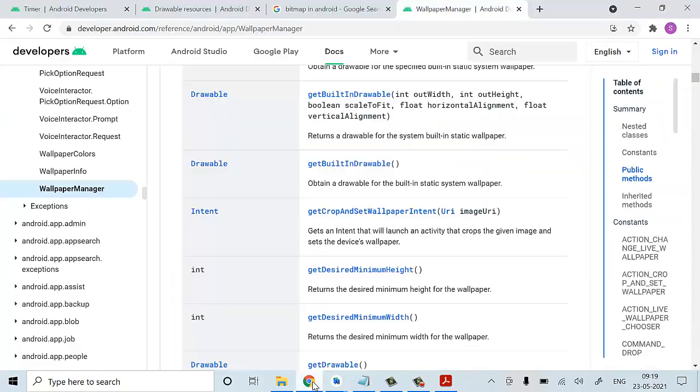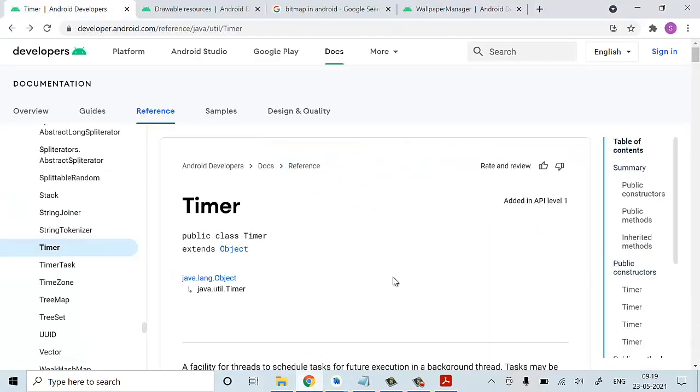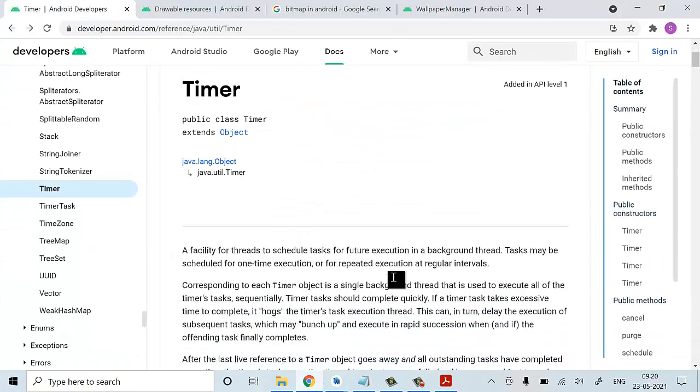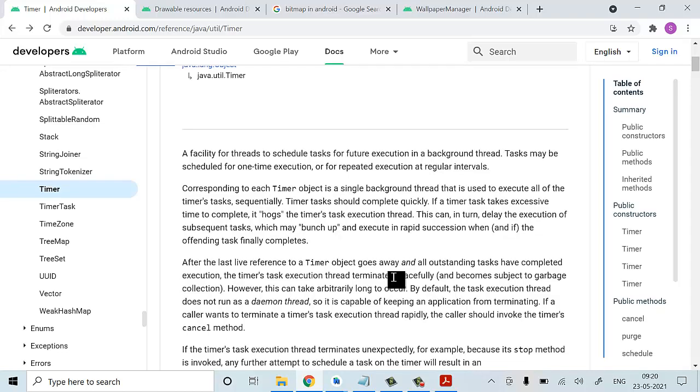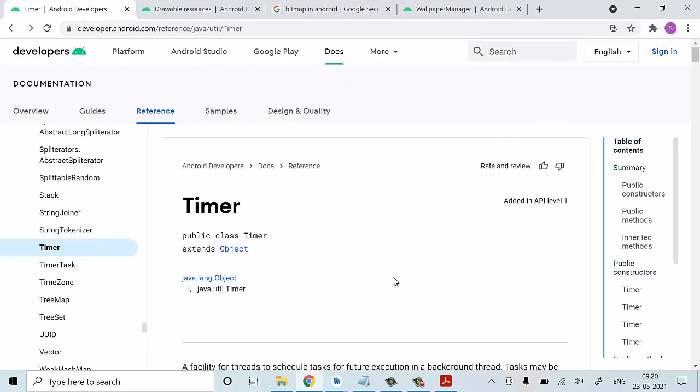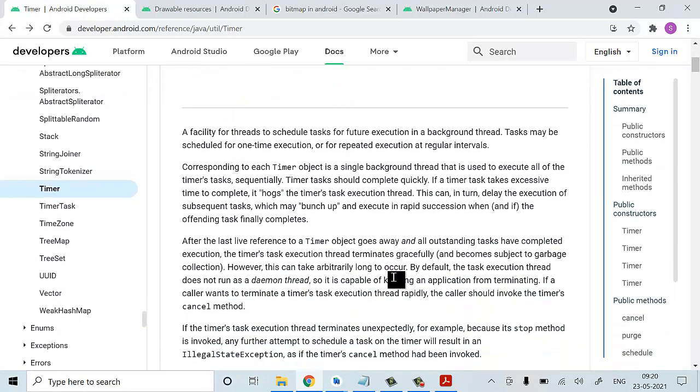Now we will see the timer. What you mean by timer is that it is a class which is used similar to threads. For each time, how much time is assigned for one particular execution, later another process should get executed. How much time should be given or allotted to that particular process? To assign that, we are going to make use of the timer class.